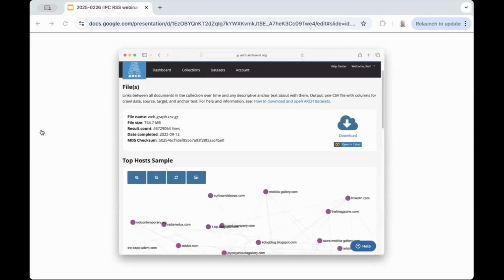Whatever that flavor, the output will look something like this. So this is that art gallery web graph, a little closer this time. The time to deliver one of these data sets will vary based, of course, on the volume of the input, but everything from a couple of minutes in some cases to might take 1 or 2 days if it's a particularly large collection.